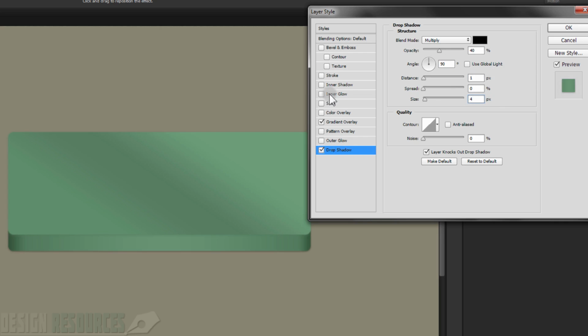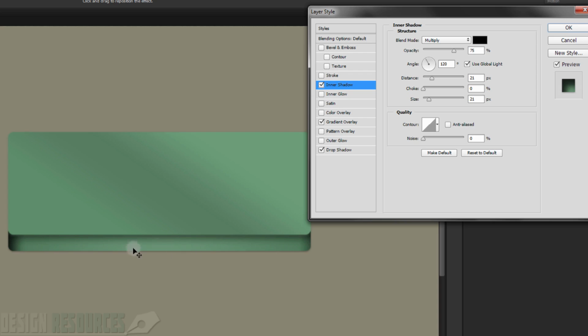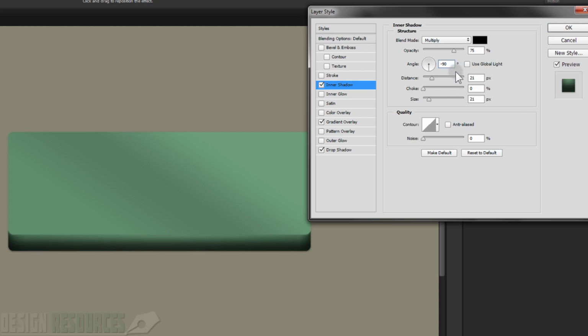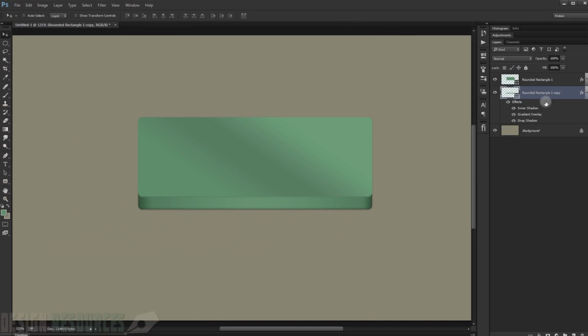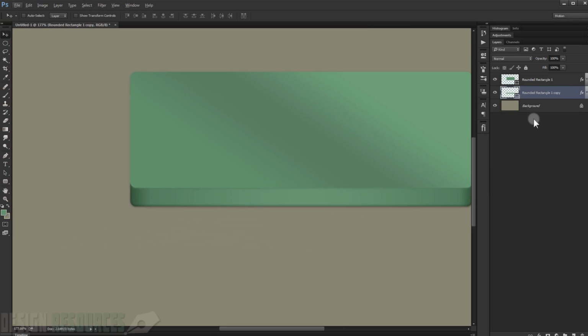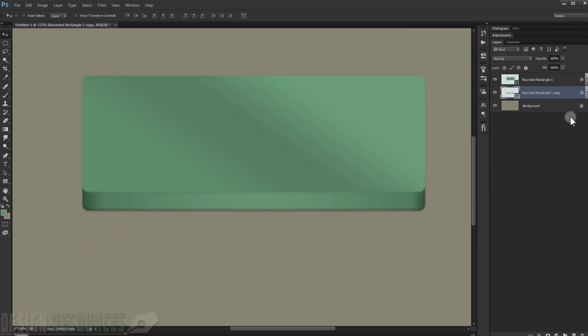Now we need to make an inner shadow, so we'll match the drop shadow in the up a little bit. So I will put angle minus 90, and distance I will put 1 again, and size I will put 5, and I will increase the opacity to like 40%, as you can see in here, and I will press OK. Now I will duplicate this one in here, so press Ctrl G,